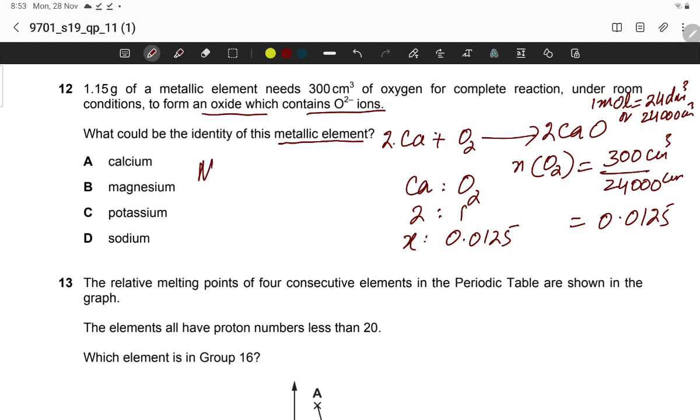The mole of calcium is equal to 0.025. So the mass of